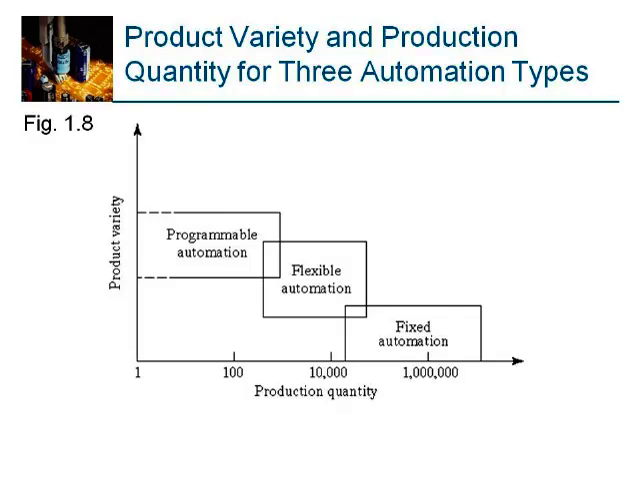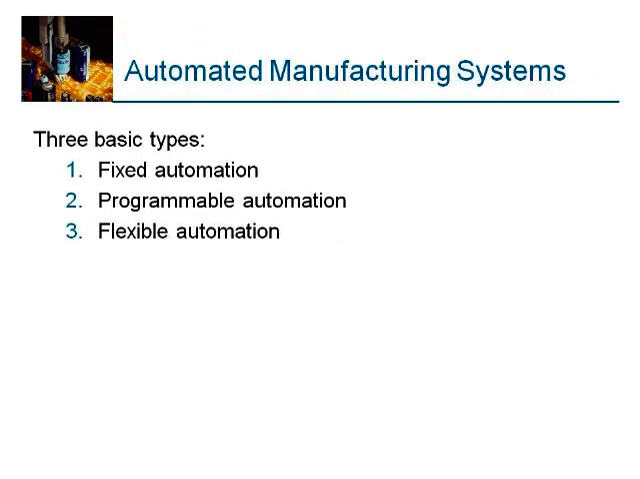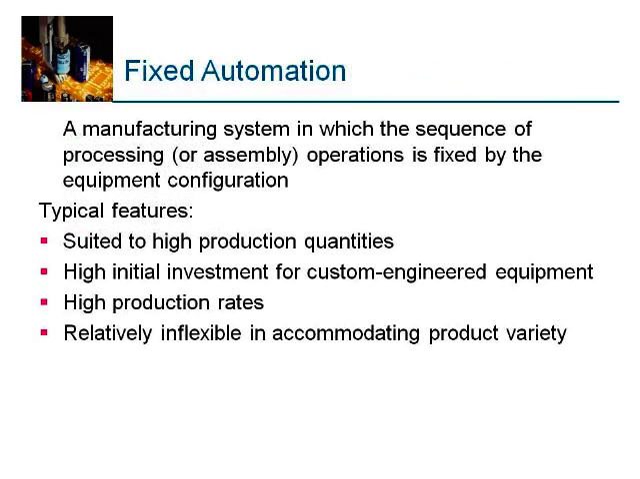In automated manufacturing systems, we can have three different varieties: fixed automation, programmable automation, and flexible automation. Fixed automation is a manufacturing system in which the sequence of processing operations is fixed by equipment configuration. Typical features are suited to high production quantities, high initial investment for customer engineered equipment, high production rates, and relatively inflexible